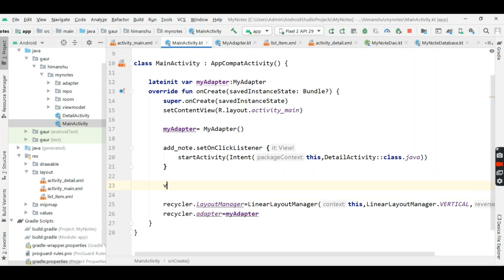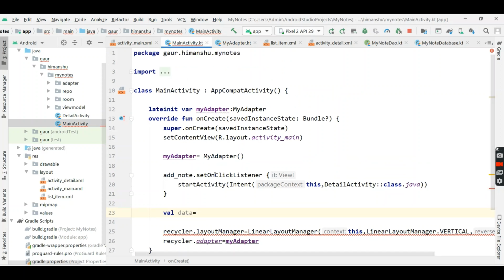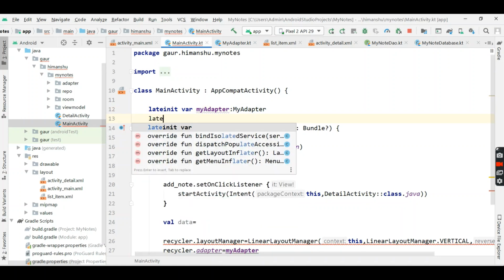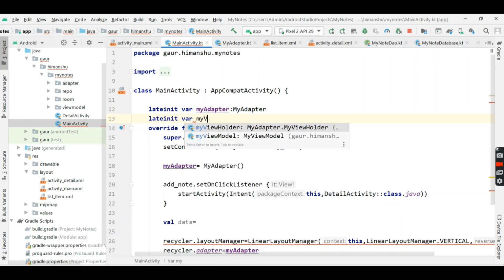Now by using our view model, we will actually take data from Room. So I will name this variable as data, and before taking data from the view model, we create an instance of our view model. So lateinit var my view model.